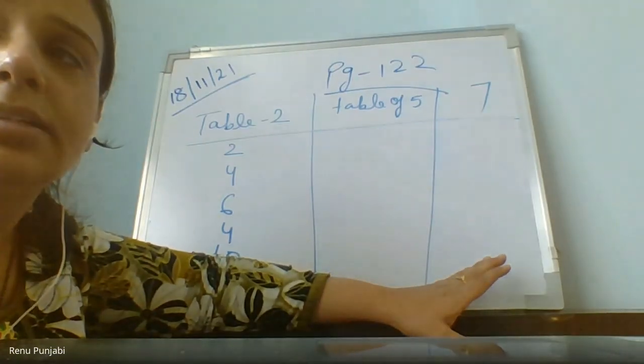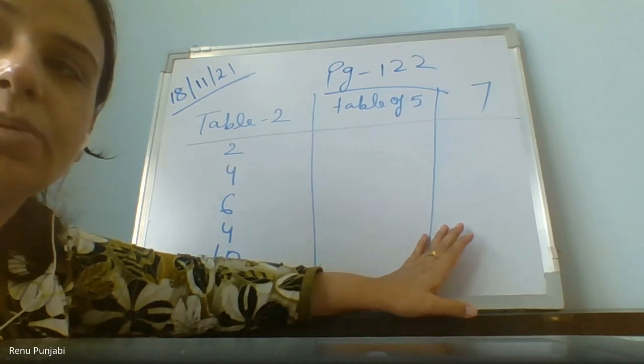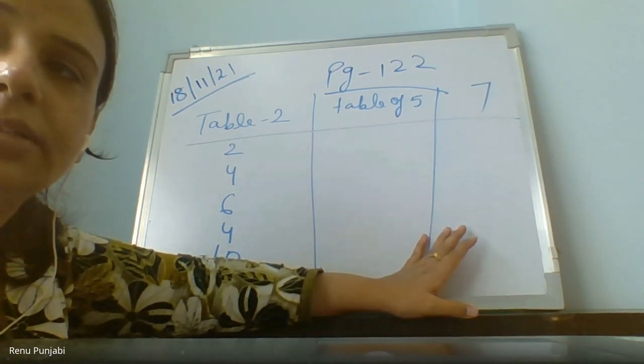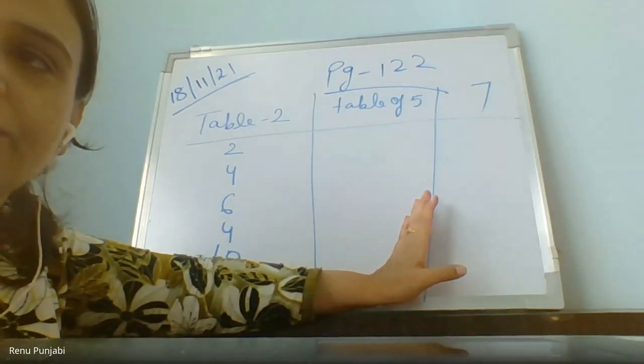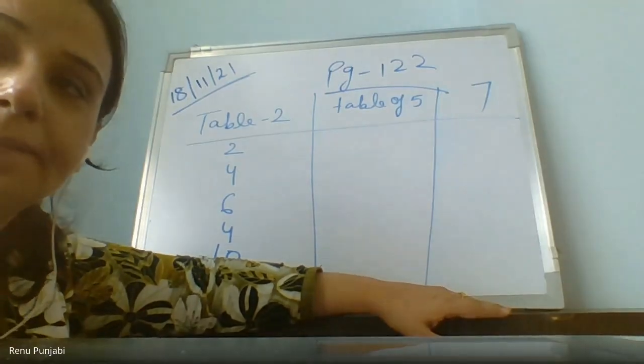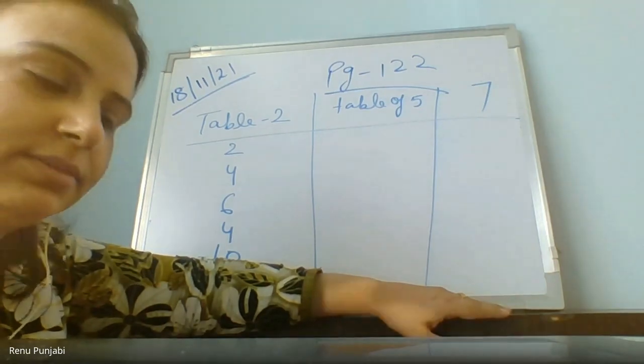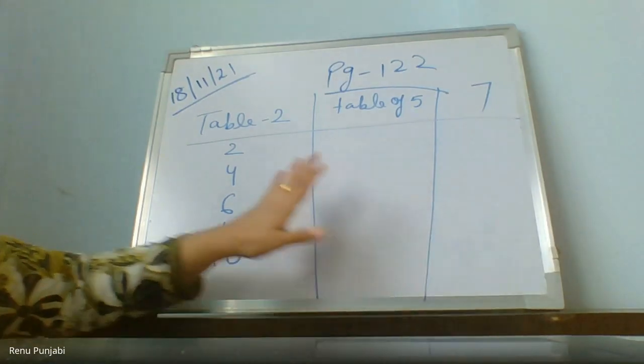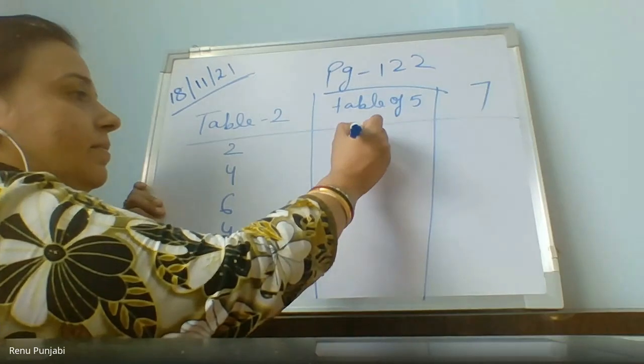Ma'am, we have to write this in the notebook? Can I explain? Then we can discuss. Okay, Vedant, tell me. So, ma'am, I think there is a pattern that every number adds to this product, like 5 plus 2 equals 7, 10 plus 4 equals 14. These are the pattern of the table of 7, ma'am. Yes, Moksh.